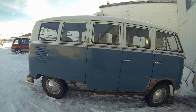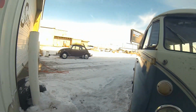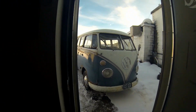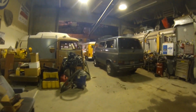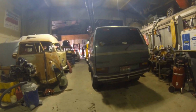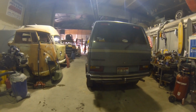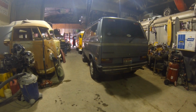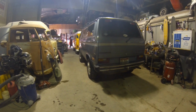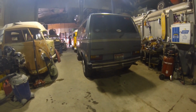Got the 13 window here, the old Deluxe. Been driving it around a fair amount. Synchro actually sprung a leak on one of the power steering lines, so it's in the shop. On the right rear corner, where the brake cable rubs up against a power steering hose, it just sprung a leak right there. So I've got to get it on the lift and get that tube or that hose changed out, because it's